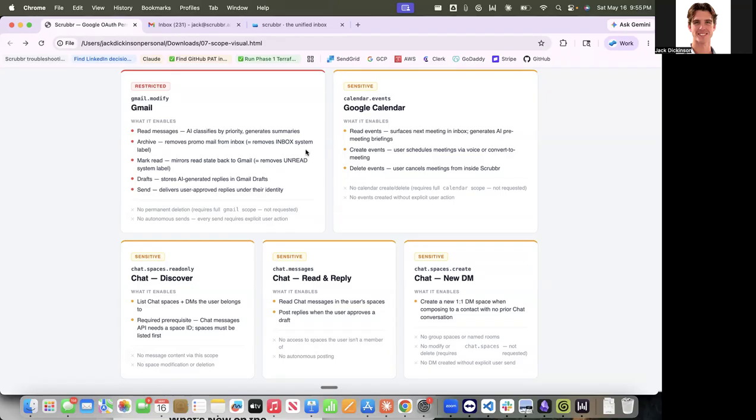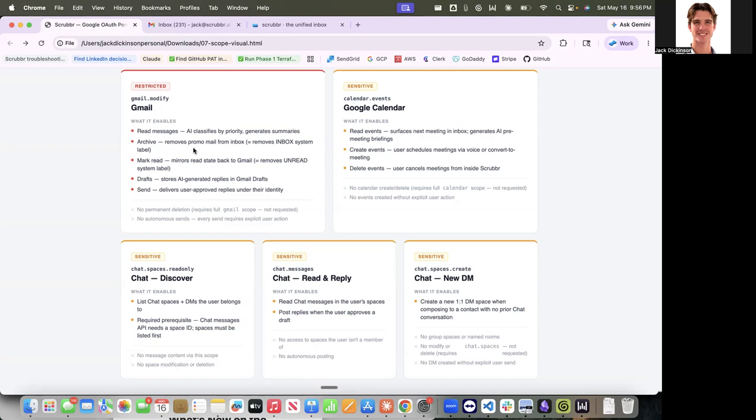We need to be able to archive messages. That is not something that explicitly shows up inside of the dashboard, but we need our AI agent to be able to archive emails that show up as spam or show up as phishing, anything that the native Gmail filter is not able to catch. We also need to be able to mark emails as read and have that mirror back to your native Gmail dashboard. We need to be able to create draft replies inside of the Gmail dashboard,